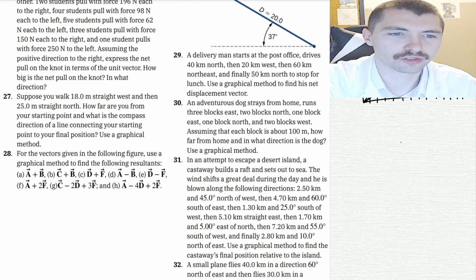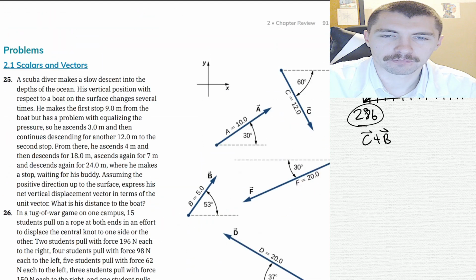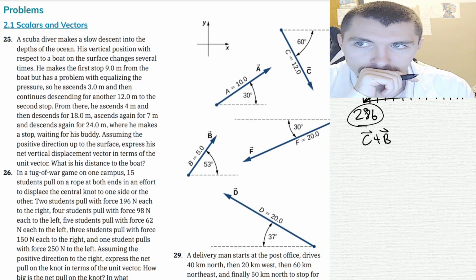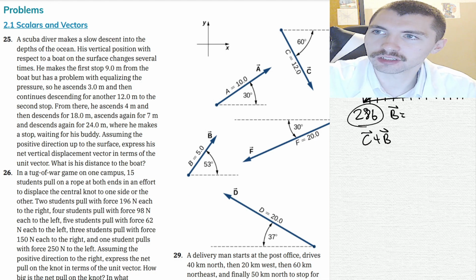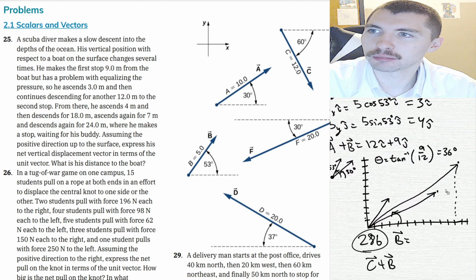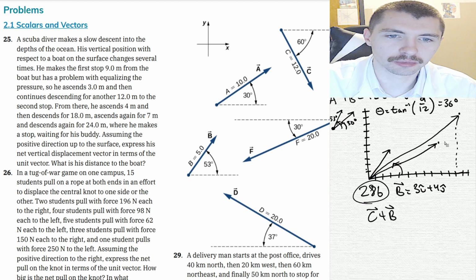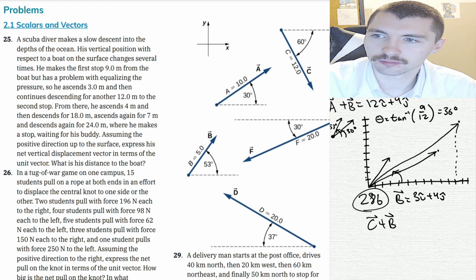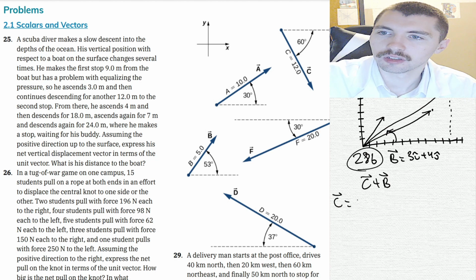Okay, 7 minutes left. Let's do 28B, which is C plus B. We already know B is 3i plus 4j. Okay, so C is going to be